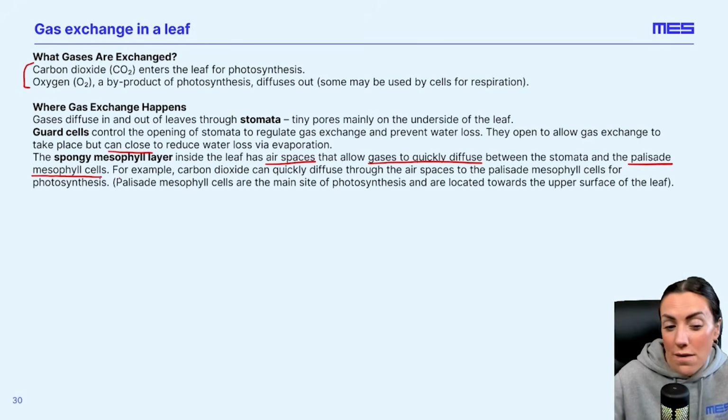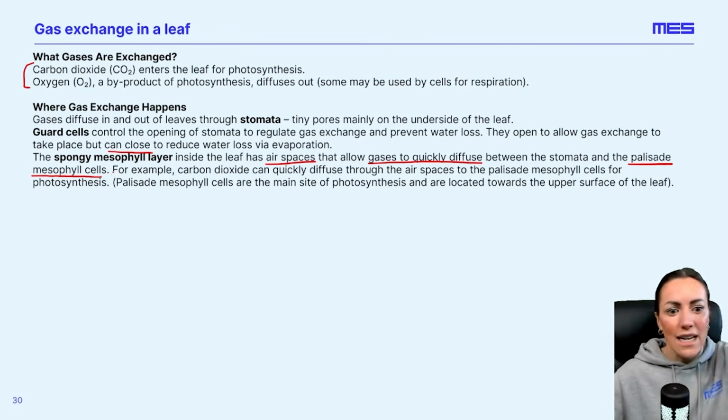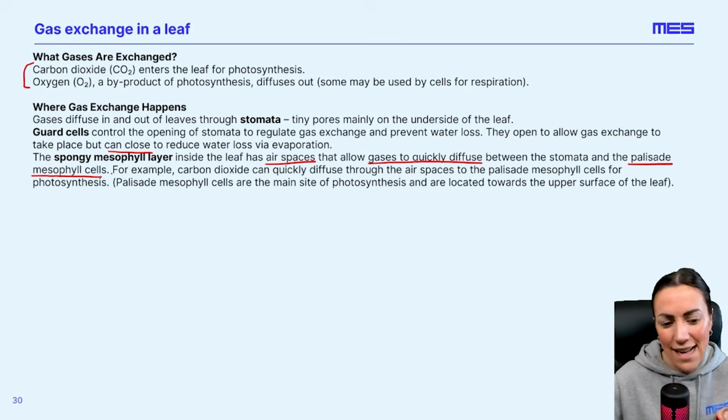Now, remember, we looked at those as a specialized cell. They carry out photosynthesis, lots of photosynthesis. They need lots of carbon dioxide. So it's diffusing in through the open stomata. It's quickly able to diffuse through the air spaces in the spongy mesophyll layer, quickly diffusing up to the palisade cells so they can use that carbon dioxide for